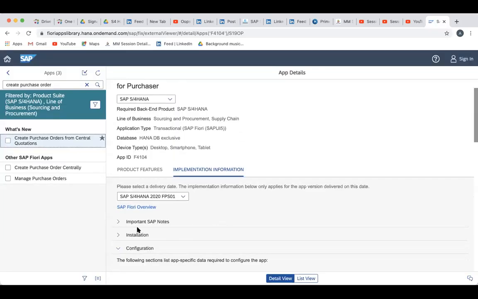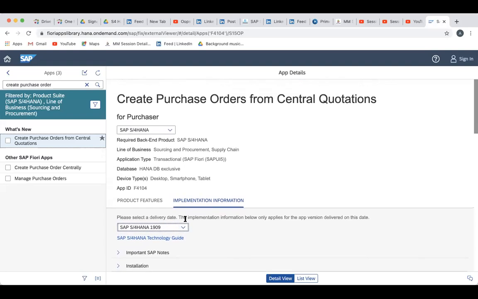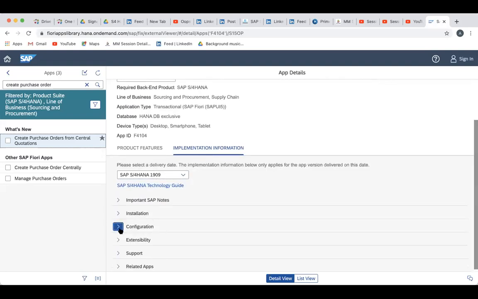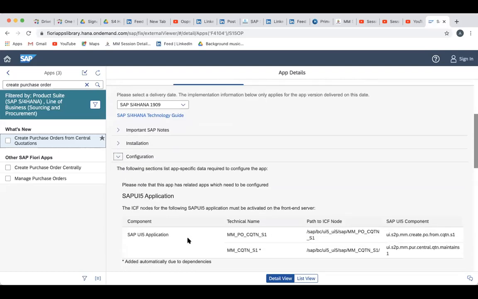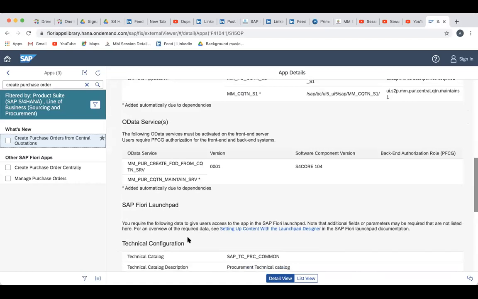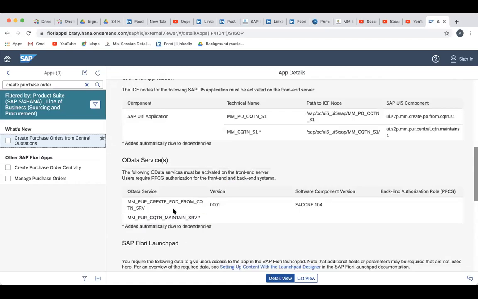Create purchase order from center, go to 1909. Go to configuration. I told old data services, right?